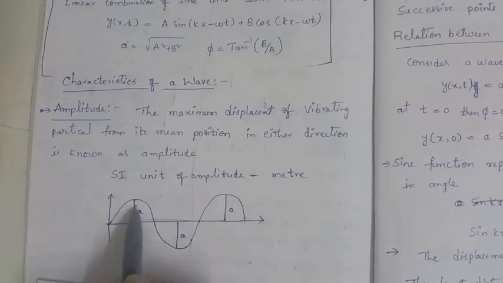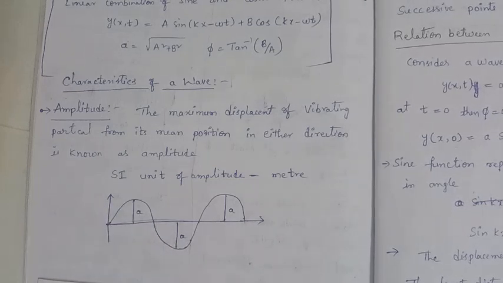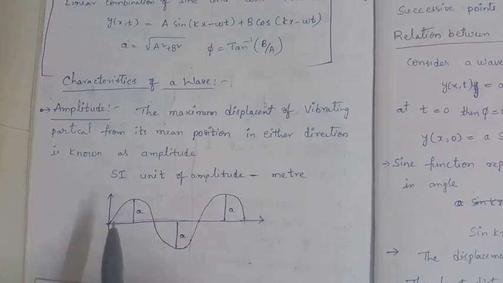So it is upward in the positive direction, and downward in the negative direction. The maximum displacement of a vibrating particle from its mean position is known as amplitude, and this amplitude unit is